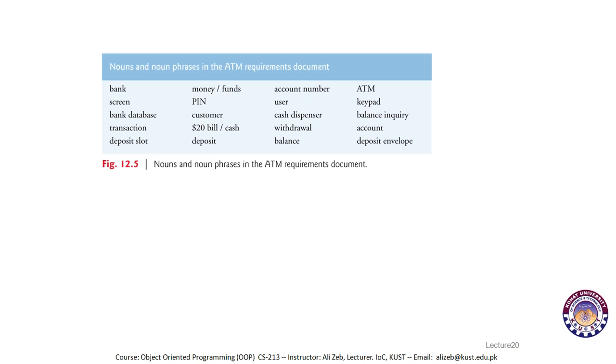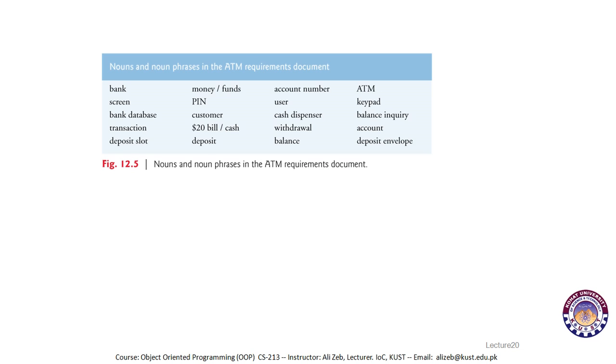As we can see, there is a list of nouns that is picked from the initial requirements document, the things that we studied in our earlier slide. For example, we saw that there was the name of a bank, that is a noun. The screen was a noun. The bank database is a noun. Transaction is a noun phrase. A deposit slot is a noun. Money, funds, pin, customer, cash or bill, deposit, account number, user, cash dispenser, withdrawal, balance, ATM, keypad, balance inquiry, account,